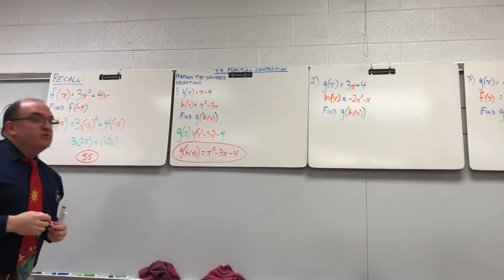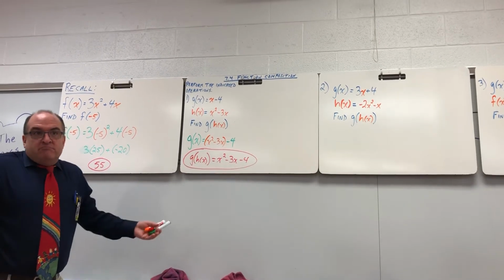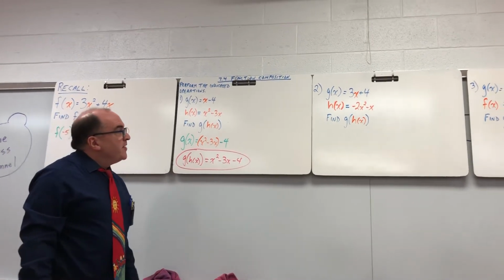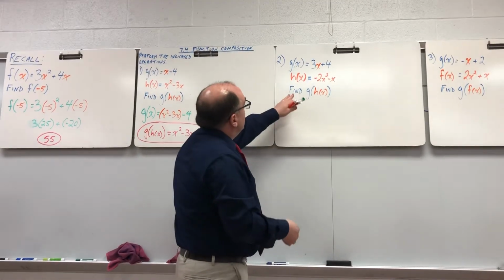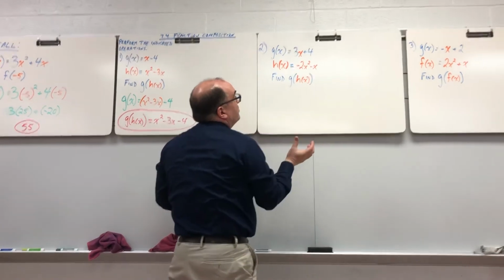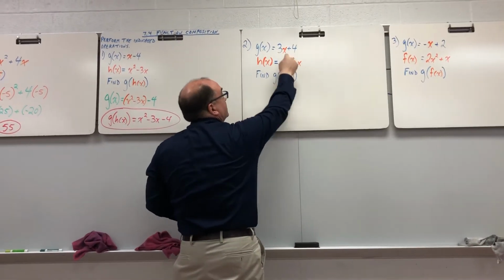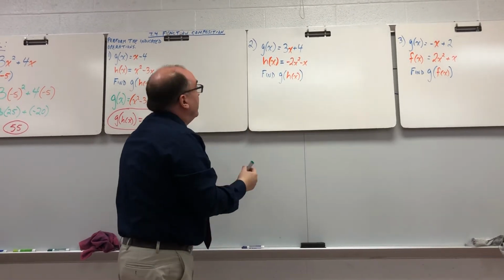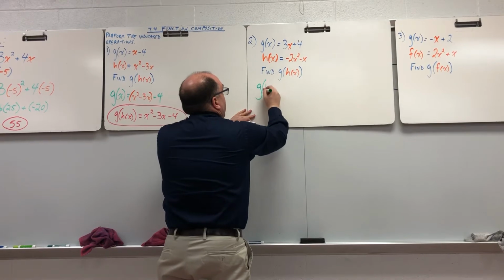Okay? There's no solving because we don't have a number for x. You're done. Okay? Same thing here. Okay? Find g of h of x. Instead of x, what am I going to put in? I'm going to put in this negative 2x squared minus x in for x. Okay? So, g of h of x